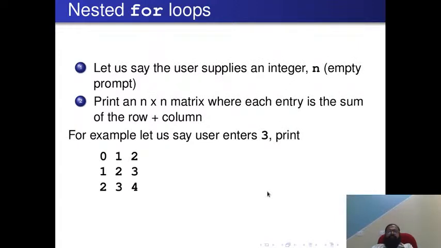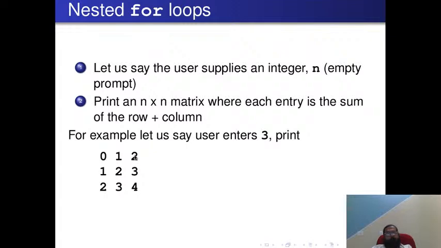Next is nested for loops. Let us say the user supplies an integer n, print an n by n matrix where each entry is the sum of the row plus column. For example, let us say the user enters 3, we have to print 0, 1, 2, 1, 2, 3, 2, 3, 4. Is that clear? So, which means that at this location, it is 0, 0. So, 0 plus 0 is 0, and this location is 0, 1. So, 0 plus 1 is 1, and this location is